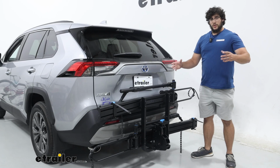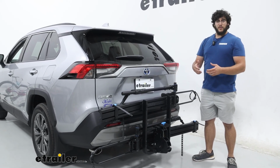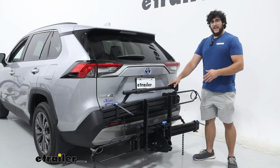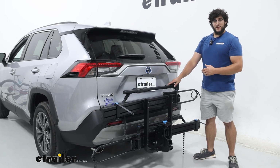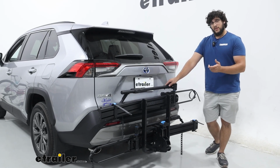Just keep in mind, you do have to put that ramp together each time you use it, so it can take a lot longer if you are frequently going out to ride. So, in my opinion, I think this would be one of my top e-bike carriers. But that was just a look at the RockyMounts GigaWatt bike rack on the back of our